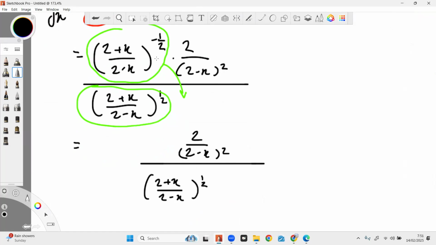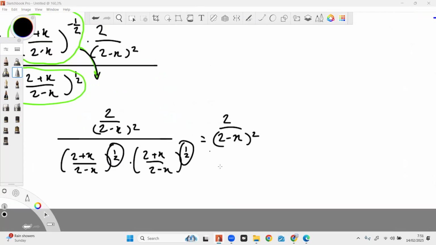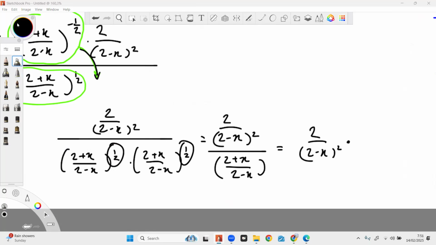Power half times by this that you put down, power half. What will it be? Power 1, right? Half plus half. So 2 over 2 minus x squared. Again, you can restart the video and replay later, but we have to do it fast. Over 2 minus x power 1, or 2 power 2 minus x squared multiply by, look,